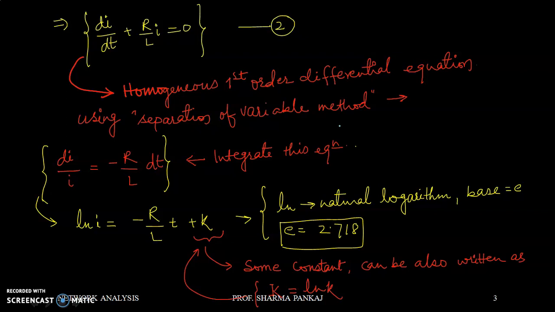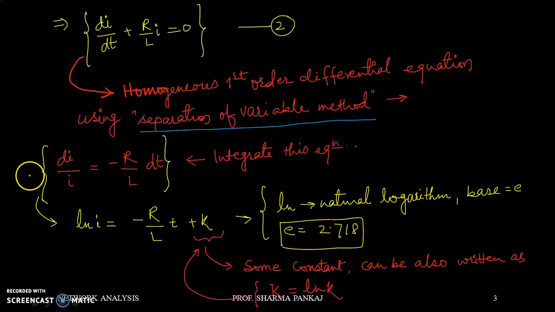To solve this type of homogeneous first order differential equation, we use the variable separable method, that is the separation of variables method. I have written the process here. Only for the first case I have given the detailed mathematical analysis behind this equation. From case number 2 and 3 onwards, I am not going to explain the mathematics behind these equations.